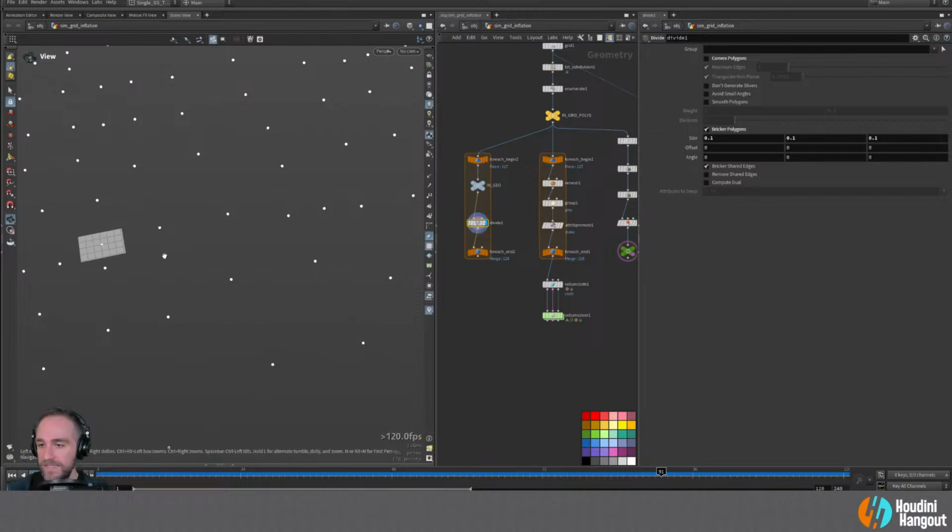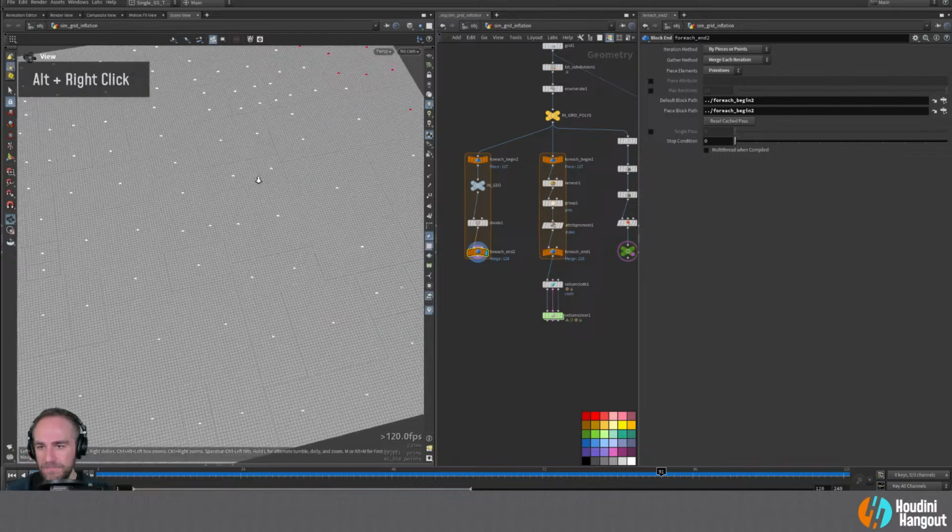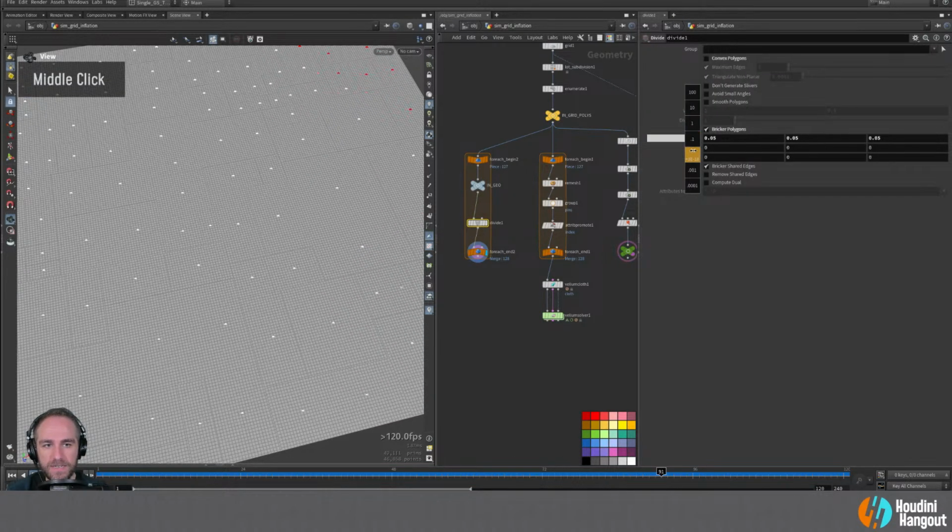Oh, we're not seeing it because I had not visualized it. So I'm just going to reduce this a little more. Maybe like that. That could be a good amount. Yeah, that looks pretty good. So that's a much more regular kind of thing. I mean, we could change this. Just middle clicking on that if you can't see what I'm doing there. Maybe